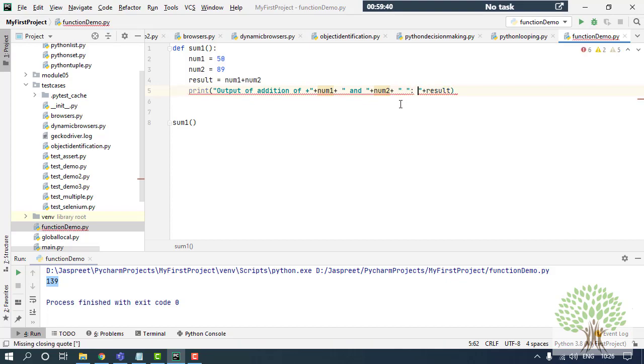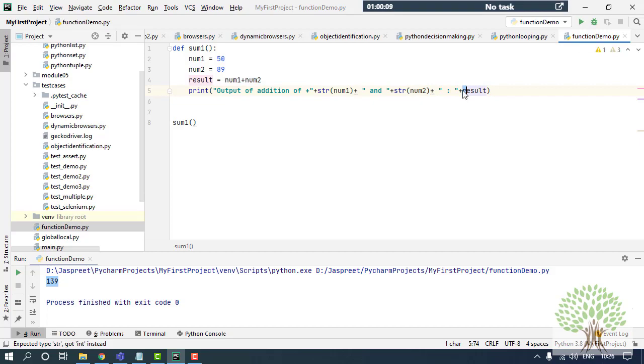This way. Now over here I will be facing an issue. The issue is that concatenation in Python is only allowed for the same data type. So I have to convert the integers into strings so that I can concatenate them. In front of all the numbers where I'm using them, I will add str, and that's done.